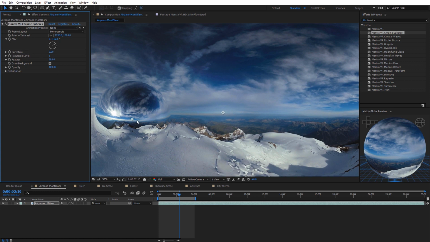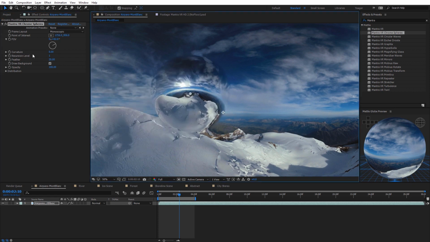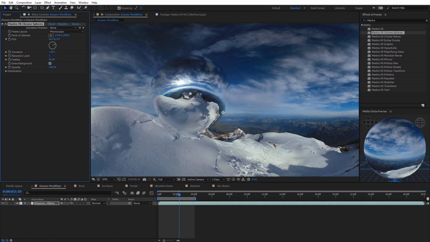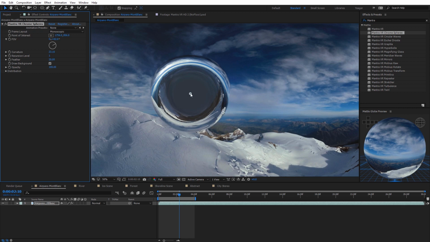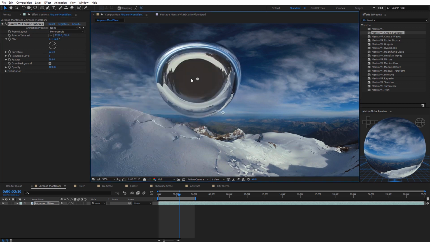Next we have the curvature of the sphere. So I'm actually going to move this here in the center. And you can see if I go ahead and adjust this, if I move it up, it kind of curves the sphere more outward and gives it this liquidy-like effect. You can see, I can move it around here and it really exaggerates